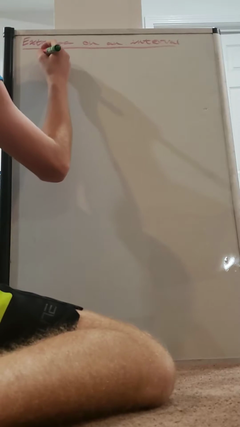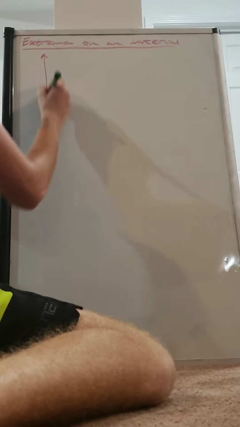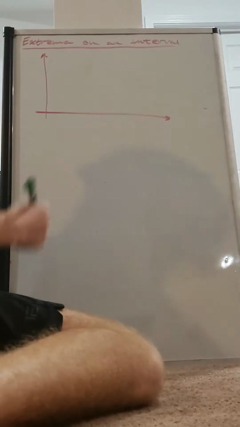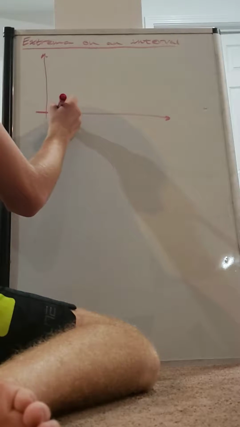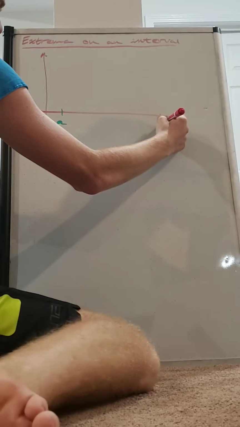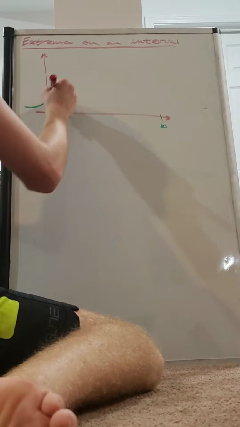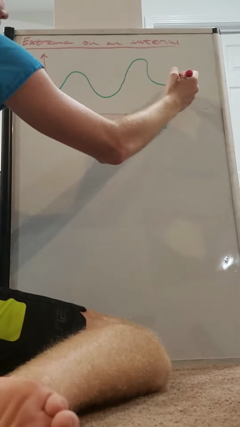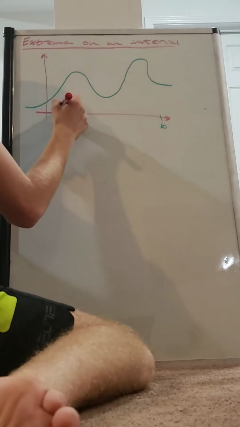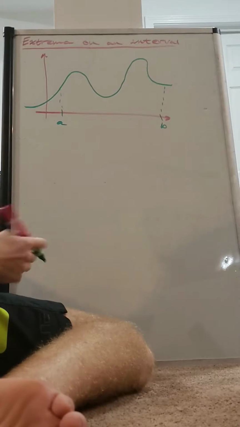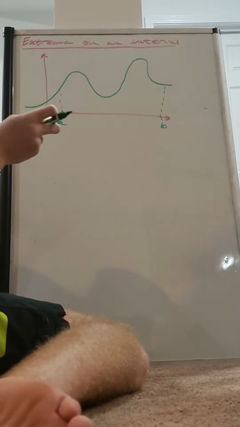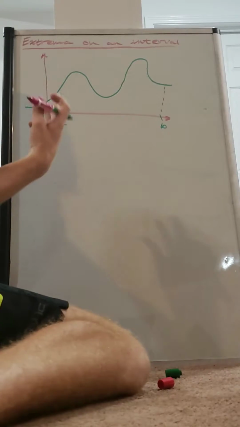Okay, so today we're going to be talking about extrema, and what extrema refers to is basically maximums and minimums of a function on a given interval. So if we look at any function, say from A to B, this doesn't really matter, some function like this, and we're looking at from here to here, and we want to determine the extrema, that means we're going to be looking for the maximum values and the minimum values of this function